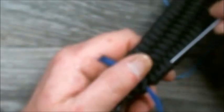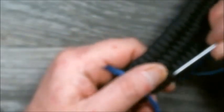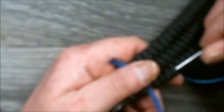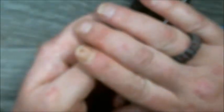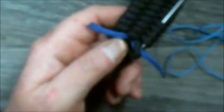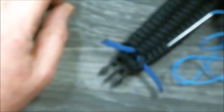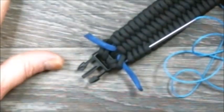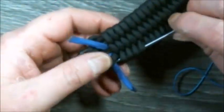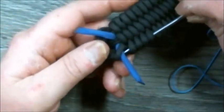And then, like I said, this is why you don't want to pull it so tight. I learned that the hard way. See? And it just popped out at the end. I know my camera's not focusing very well. Like I said, I don't have the best equipment. It's just not going to focus. There we go. Okay. Now,